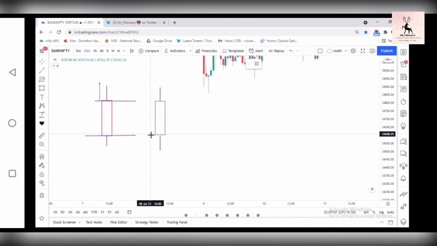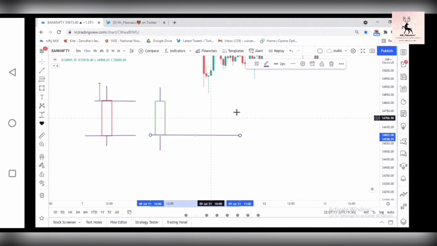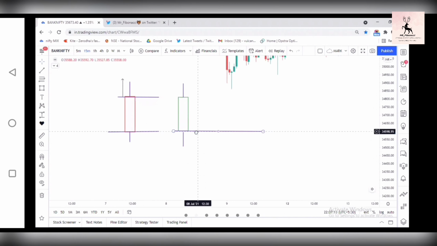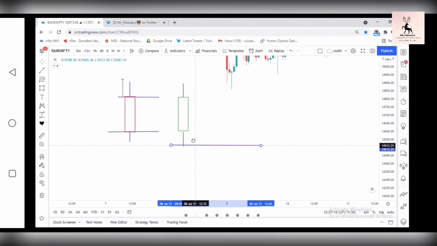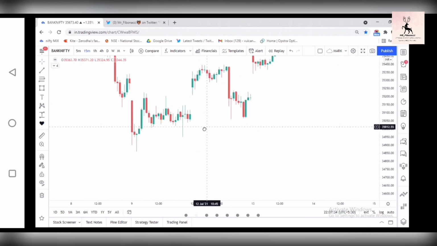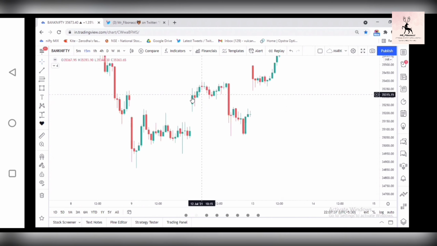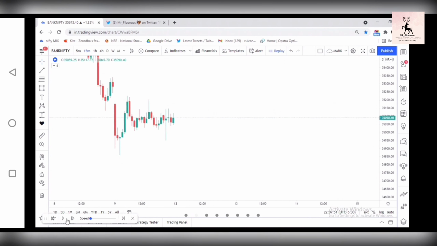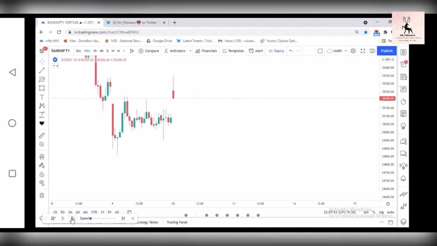Now see the green candle. A green candle always opens low and creates a liquidity run against. This is my liquidity run, and then it goes above and closes above, but before closing there will be some liquidity taking on the upside. Now try to see this live here. See, first red and then green. So this was actually the green candle, but it forms red first. So this is the characteristic.